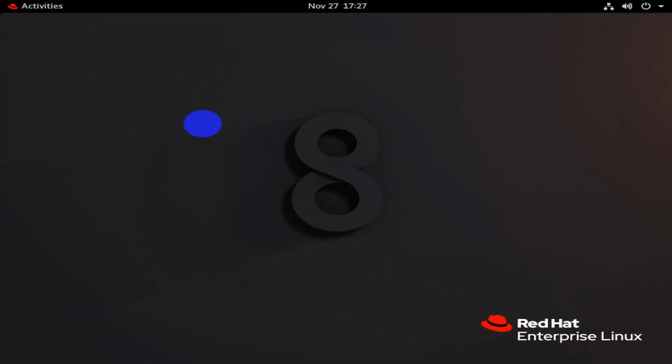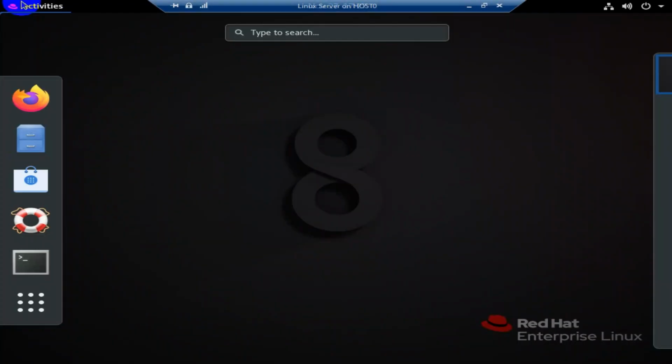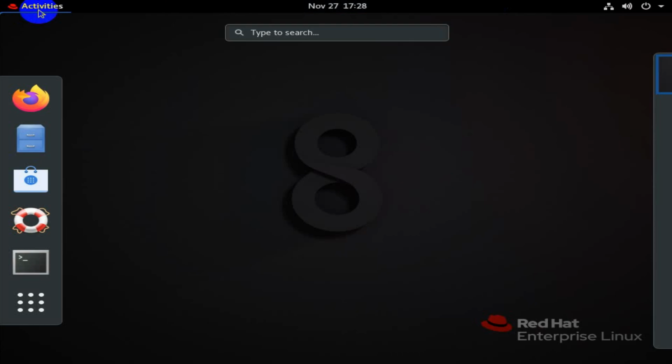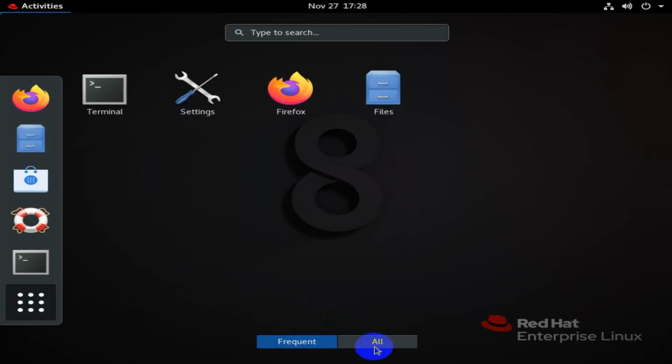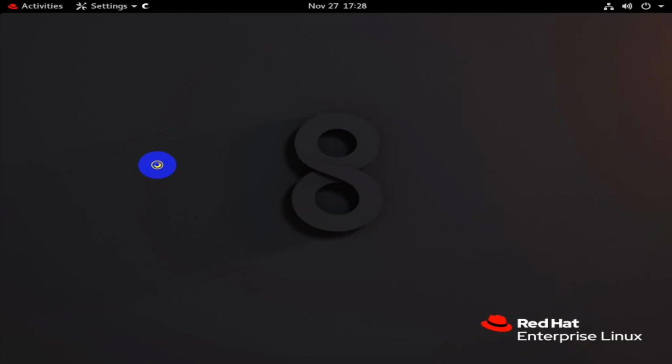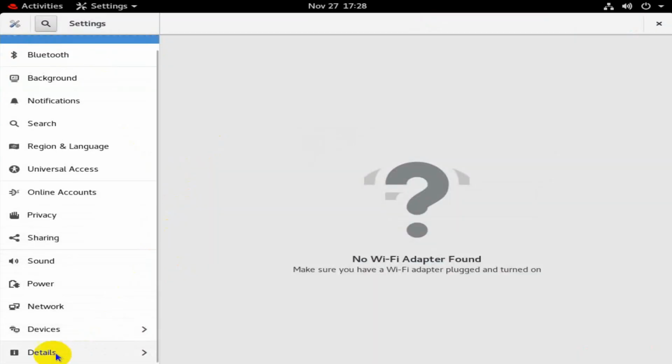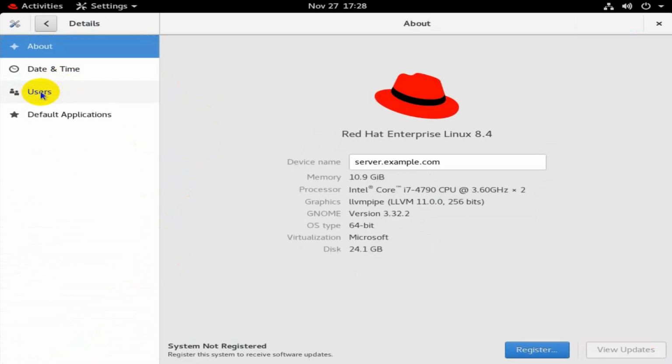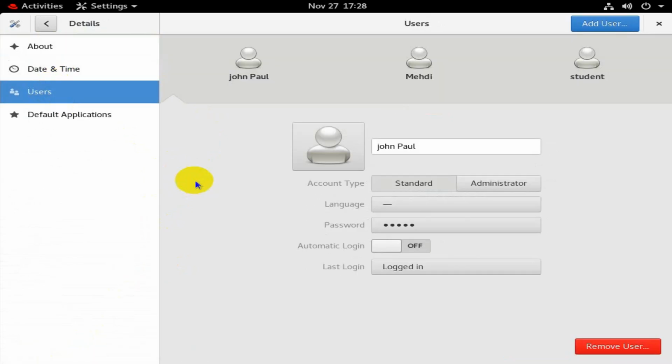To create administrator user account in graphical mode, click on activity on upper left corner and then click on show applications and click on all tab. Now click on settings, scroll down and click on detail tab. Now click on users. Here you will find all your current users and you will find a button. Click on add user